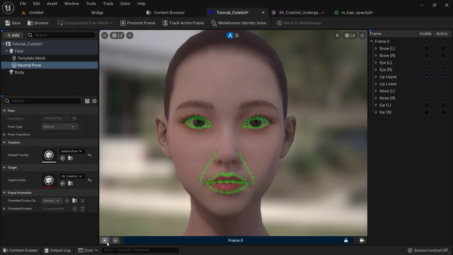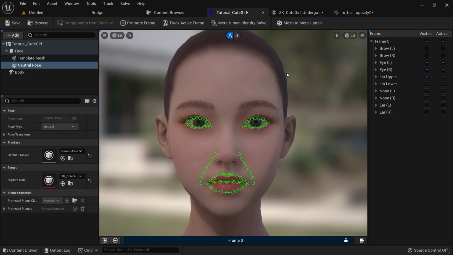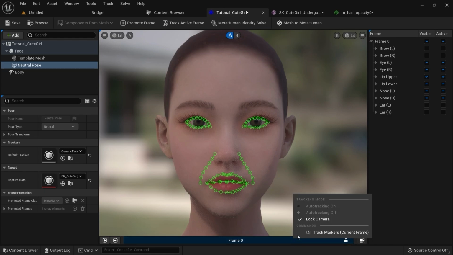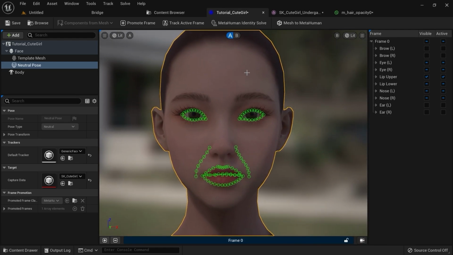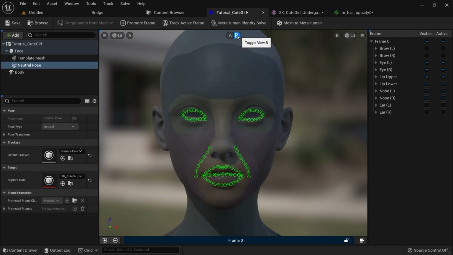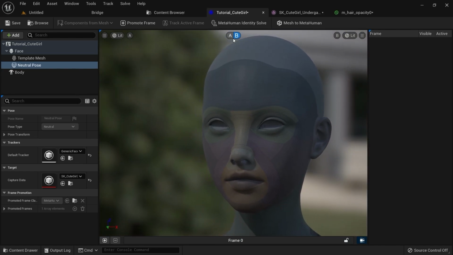Okay, and then what you want to do is to put the Metahuman identity solve. So let's click here. And what this will do is to basically create a Metahuman mesh based on the original mesh that you have. So now that you have this, let me click on lock camera here and the auto tracking off. Okay, and now what I can do is to toggle B or toggle A, and let's just go back to the camera here. Okay, as you can see, now I have my mesh here